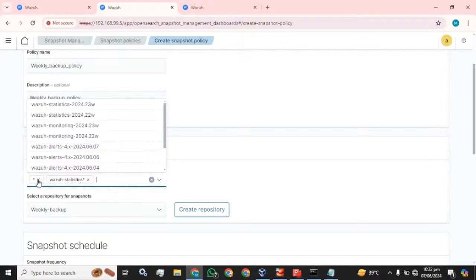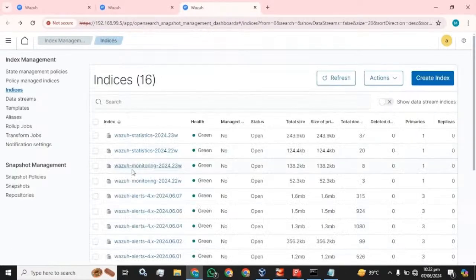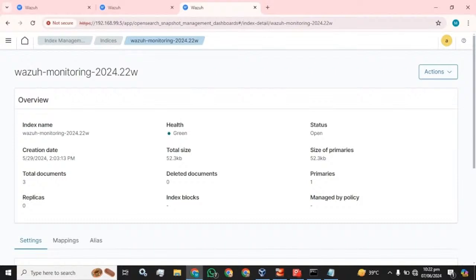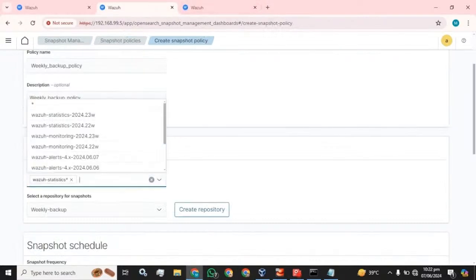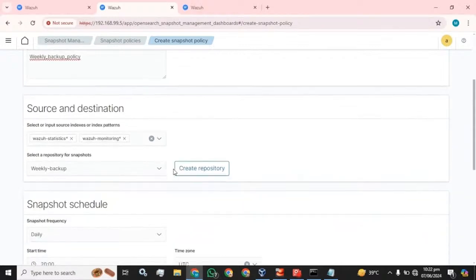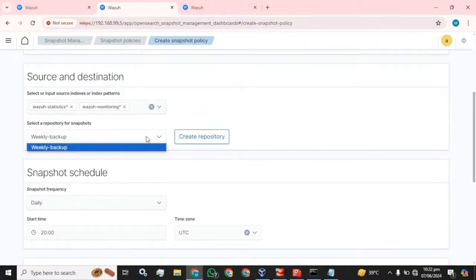You can select the static as well, and if you want to customize, then I have guided you how you can take the backup and add the static. It will take all. Select the repository for snapshot, the place where the backup will be stored. I have only one repository that has been auto selected, and you can create a new repository from here as